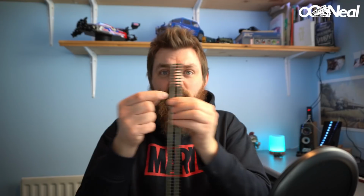The other bit is I want to make some spacers that will distance the track 40mm apart from the inside edge to the other inside edge. And then I want to do a 50 and a 60, so when I put the track down going around corners and stuff like that, I can make sure everything's uniform and looking right. Because I do it by eye and I think it's okay, and then you get to the other end and it's a bit close and you try and move it around and you're bending the track a bit and it's not so much fun. So what I'm going to do is, I've already done the program and the drawing